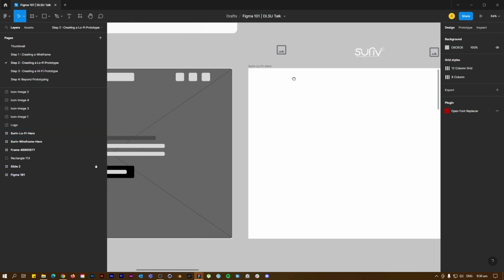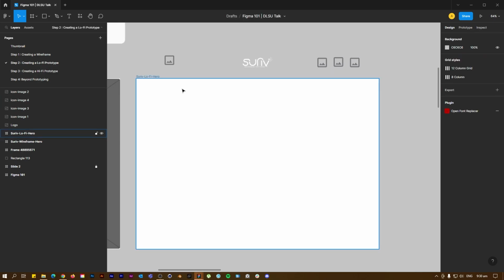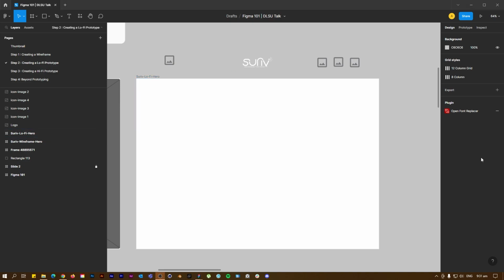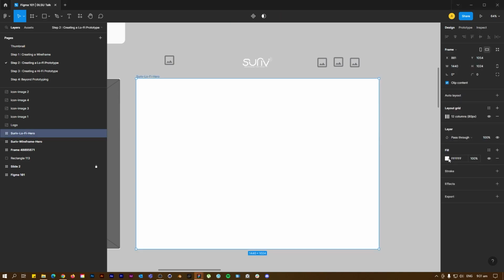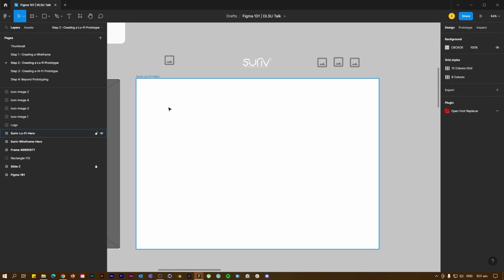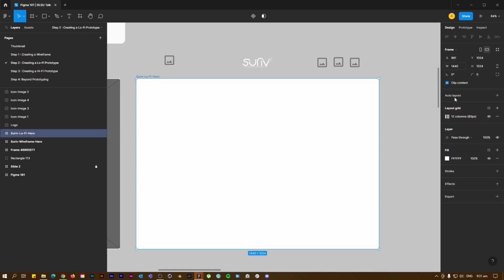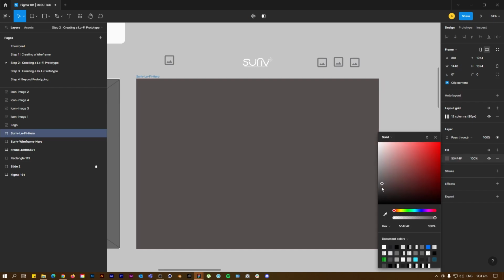Now, Suriv is a project which is better when it is in dark UI. So that's what we're going to do. We're going to change the background of this frame. And to do that, we now have to introduce the concept of fills. So we have here our fill. We can change that by going, again, clicking the frame, going to the design panel, go to fill, then just